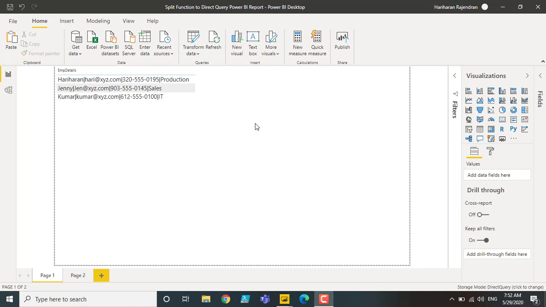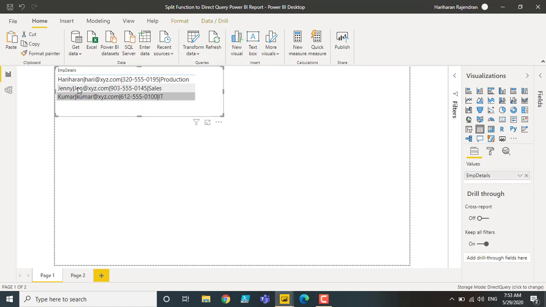So let me show you how to achieve that split functionality when we have an import mode. Then you will have a better idea of how it is not working when we have direct query based reports. So the scenario is I have a table with this kind of column. This column contains name, email ID, phone number, and then department. All are split by pipe symbol.